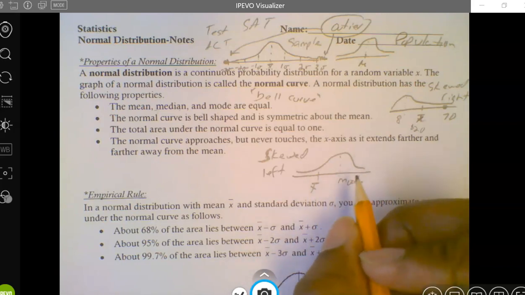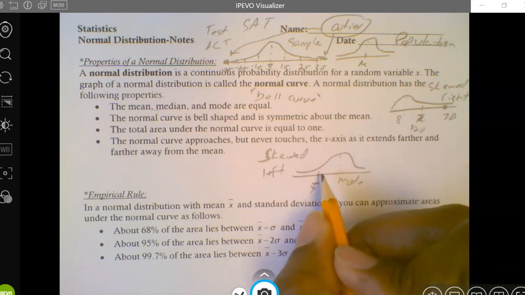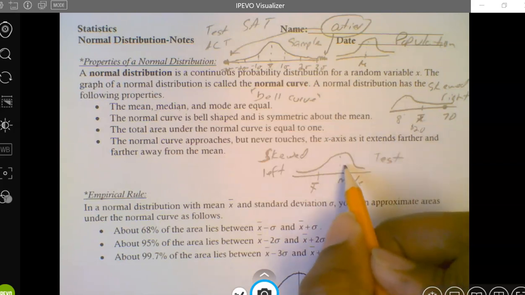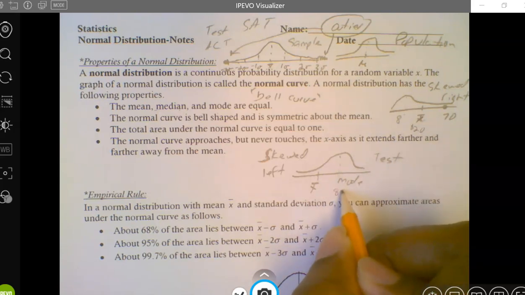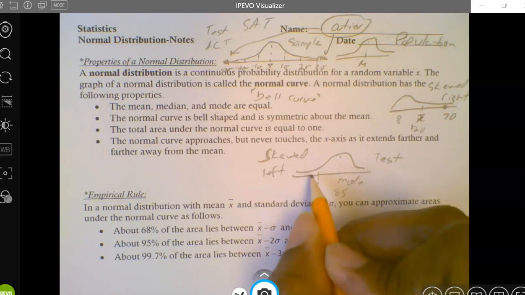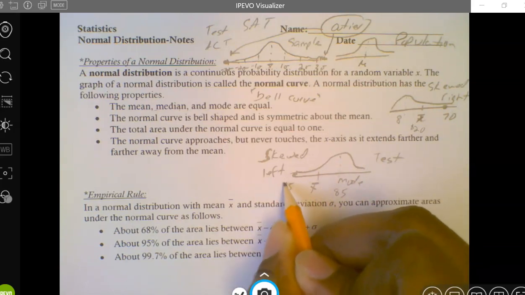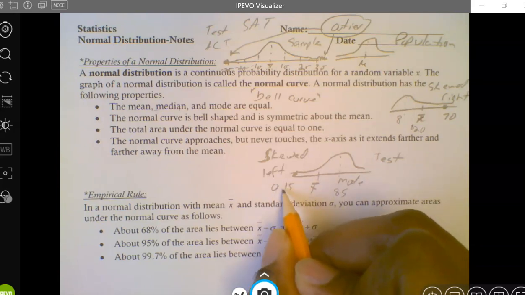Because this could represent, a good example of this one could be test scores. I may give a test, and most people probably score somewhere around 85. But you've got someone who didn't show up for the test, and you may have gotten a 15. Or maybe showed up and you got a 0. So those people who had these really low scores,